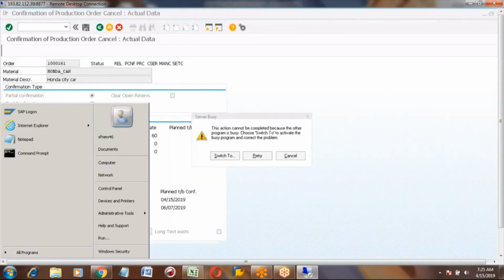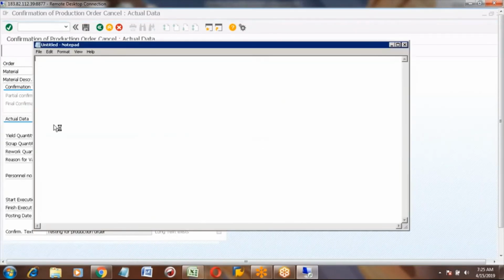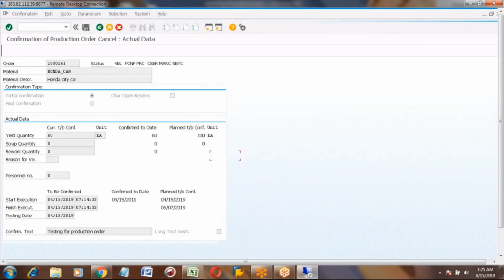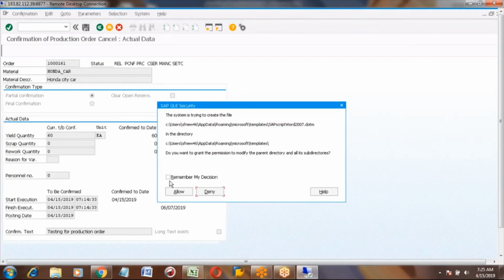In this training system there is no Word document actually. I think they have not installed Microsoft. I will show you.